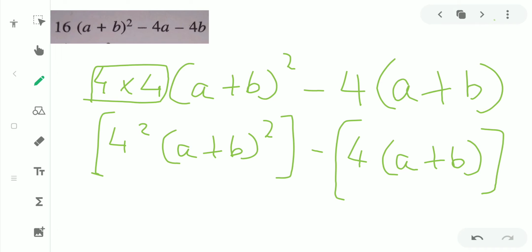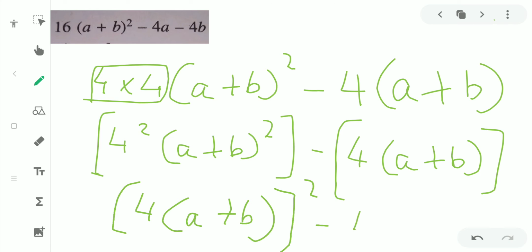so here a power m and here b power m we are having. So a power m into b power m is nothing but ab whole power m. So I can write 4 into a plus b whole power m. M is nothing but 2